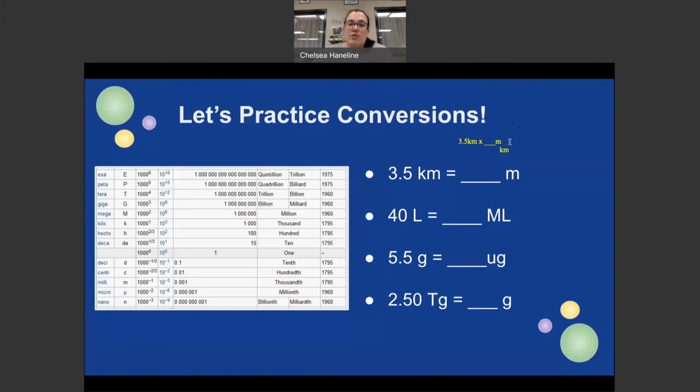Kilometers here is a bigger unit. So we know that there are 1,000 meters in 1 kilometer. So we would put 1,000 meters on the top, over